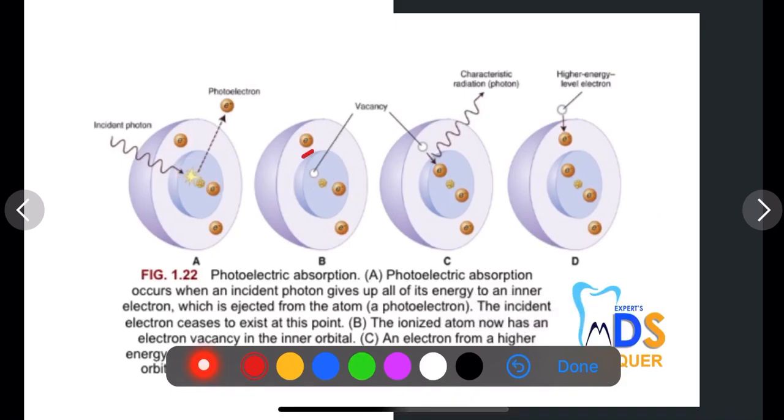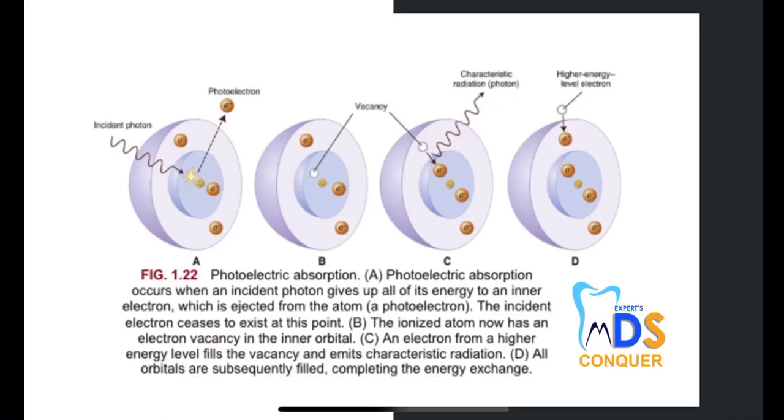There is a void that is formed. This vacancy will be filled by the outermost electron. The outermost electron will come and fill the vacancy there, and that produces the characteristic radiation. Here it is again the characteristic radiation, but when it is called with the interaction with matter, it is called photoelectric absorption. Same here, the innermost electron is hit by the incident photon, whereas in coherent scattering, the outermost electron is hit. So these are the two differences between coherent scattering and photoelectric absorption.